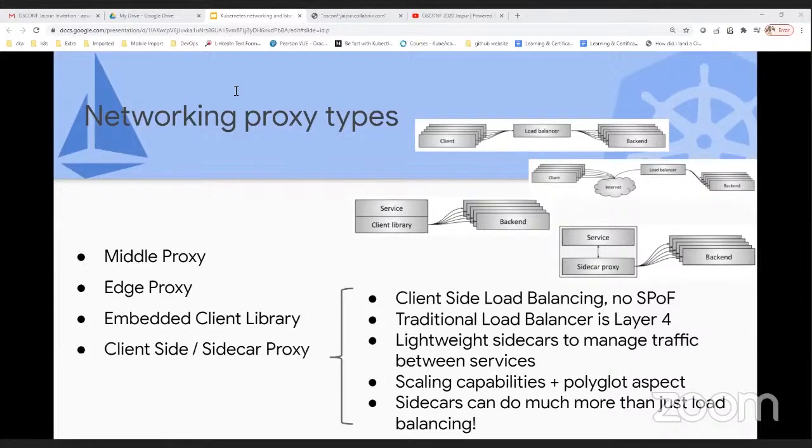I don't want to waste much time explaining what a middle proxy, edge proxy or client proxy is. If you look at the first diagram, it is the middle proxy. The second one is edge proxies. The third one is the client library.